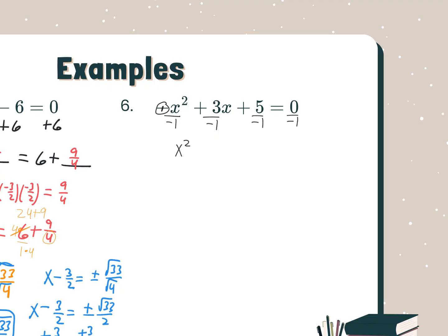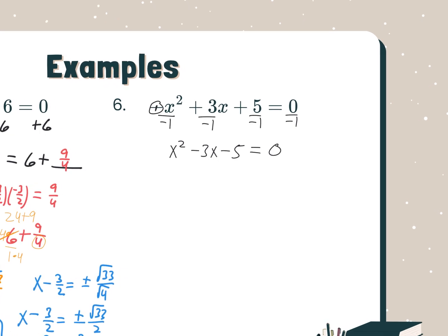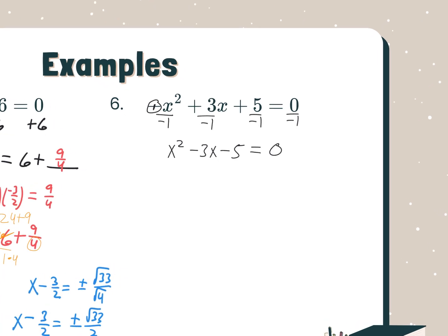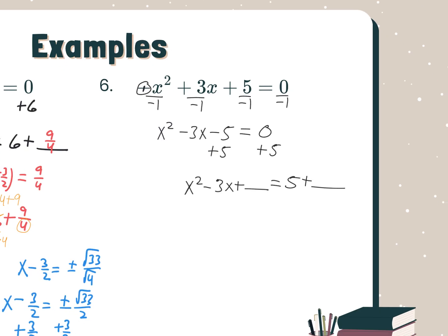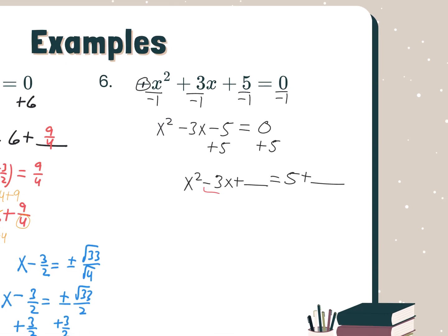So I get x squared, 3 divided by -1 is -3. 5 divided by -1 is -5, equals 0 divided by anything is 0. And now this looks like something that we can now complete the square. So I'm going to go ahead and add 5 on both sides. All right, just repeating our process. So it's going to be x squared minus 3x plus our blank is going to equal 5 plus our little blank. And then again, I'm always going to do b over 2 squared, so something like -3 over 2 squared,